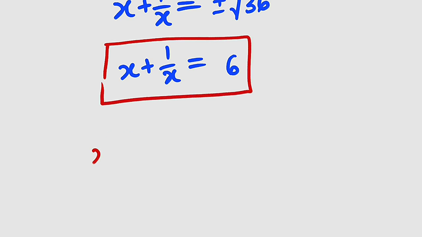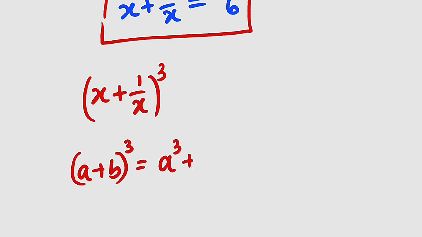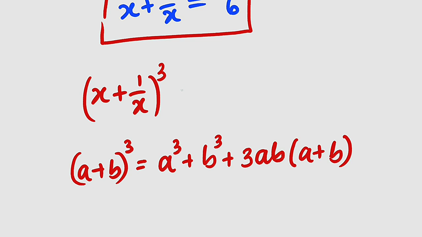Next, I would like to take x plus 1 divided by x, but this time around to the power of 3. What can you remember? Remember, if you have a plus b to the power of 3, this is the same thing as a to the power of 3 plus b to the power of 3 plus 3ab, then multiplied by a plus b. So we're going to apply the same principle here. We're going to have the first term to the power of 3, that is x to the power of 3, plus the second term to the power of 3, that is 1 divided by x to the power of 3,